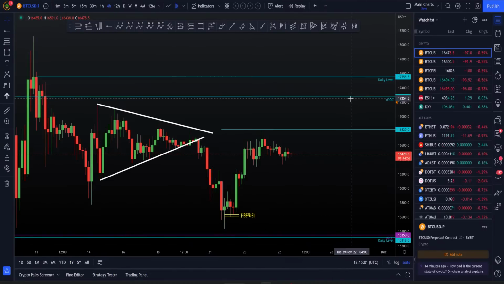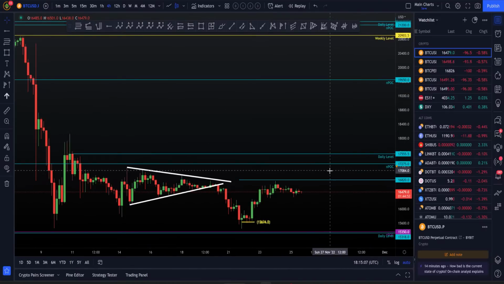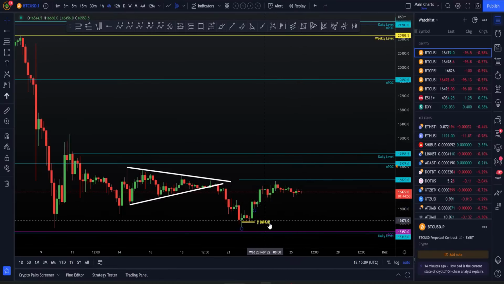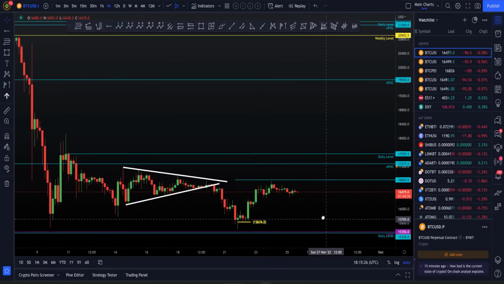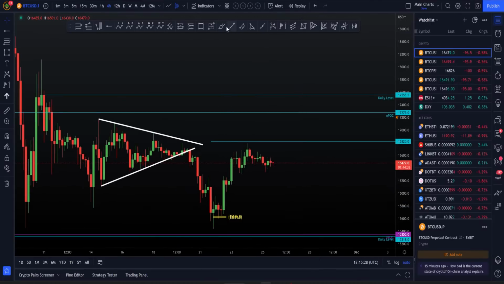I told you today I'll answer the question of, is the overall low in for Bitcoin? At the moment, I think we can say the probabilities are low. If the bottom's in, brilliant. I personally do have a long from down here, but am I expecting to get stopped out of that long? Am I expecting lower levels? The answer is yes. If the low is in, brilliant. I've longed the overall low on Bitcoin, but I must admit I do not feel there's a high probability of that being the case. Why? So far, there's zero sign of strength.